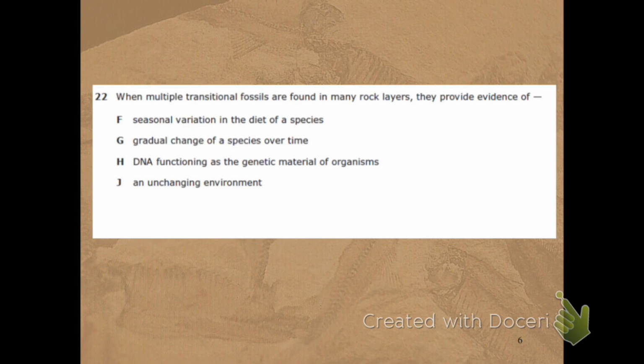Seasonal variation in the diet of a species. 2. Gradual change in a species over time. 3. DNA functioning as the genetic material in organisms. Or 4. An unchanging environment. Multiple transitional fossils are found in many rock layers. They provide evidence of